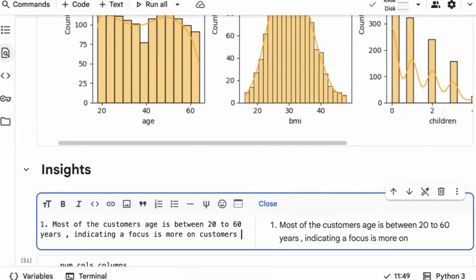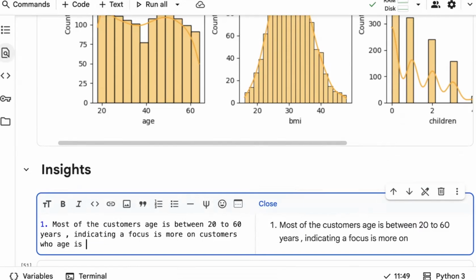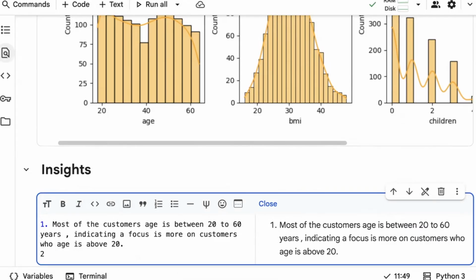Focus is more on customers whose age is about 20 and above. We call them adults, right? That's the first insight you are getting.